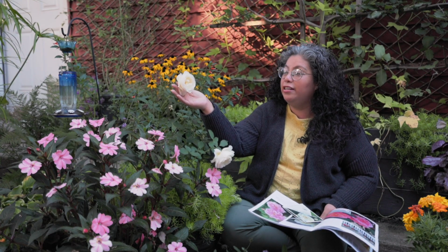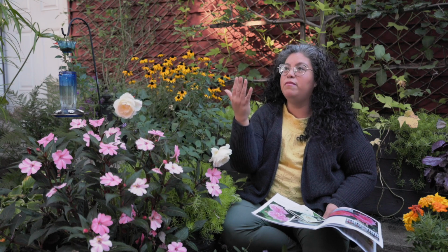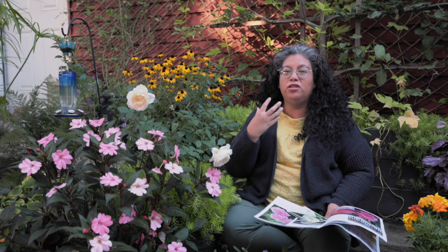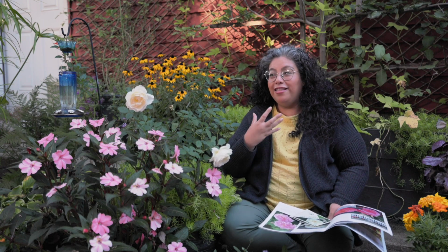They have this beautiful look of an old-fashioned rose, and the fragrance is just beautiful, like an old fragrant rose. So that to me is amazing. Knowing ourselves, we grow a lot of the roses from Proven Winners, and they are amazing roses. They are very tough roses. They are very